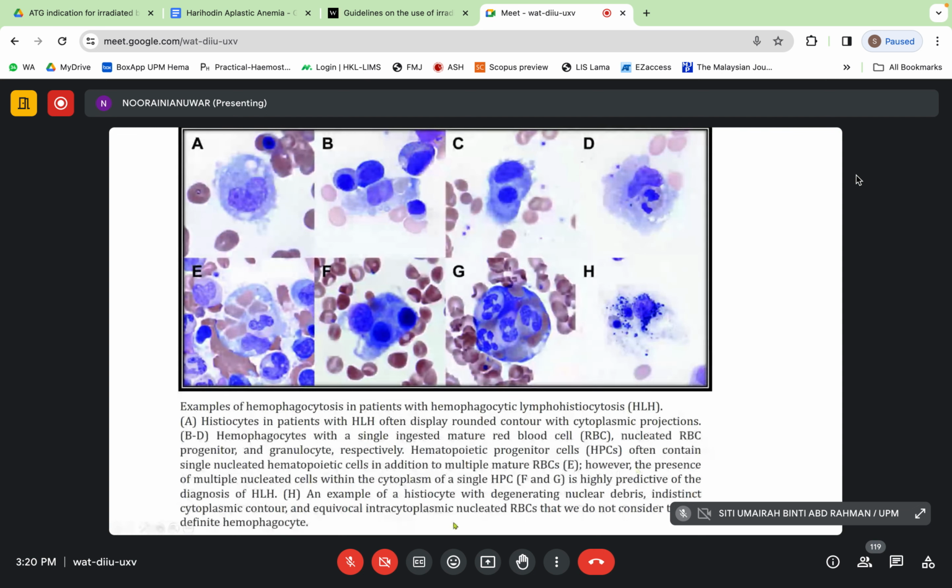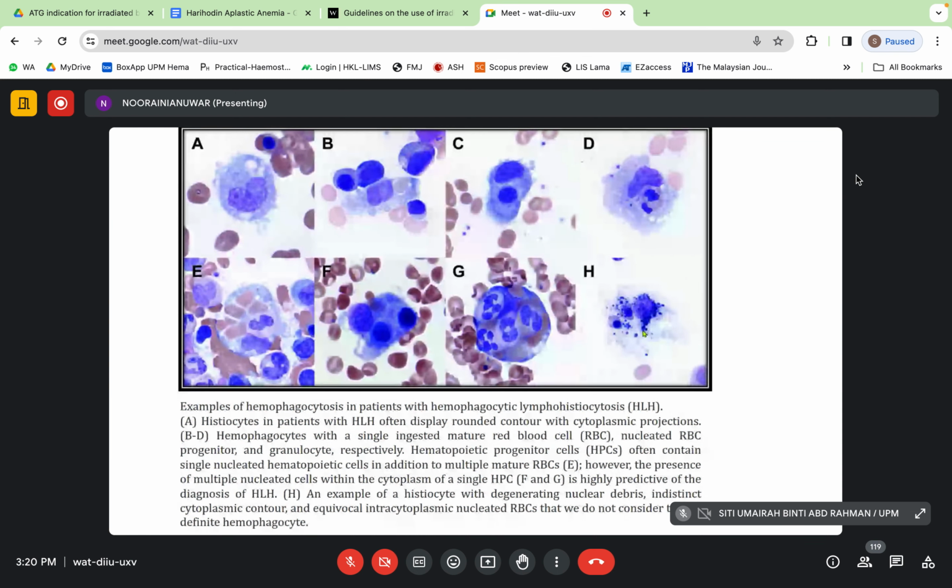However, in H, we can see an example of a histiocyte with degenerating nuclear debris, indistinct cytoplasmic contour, and equivocal intracytoplasmic nucleated RBC that we do not consider to be a definite hemophagocyte. Although we see an increase in this kind of histiocyte pattern, it is not representative of definite